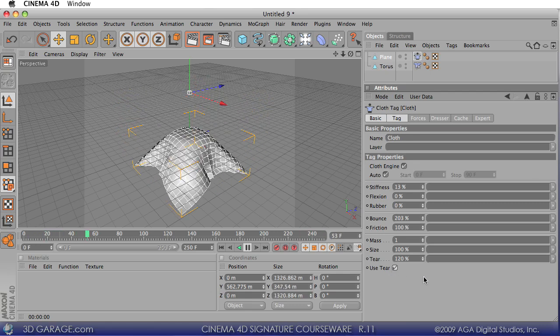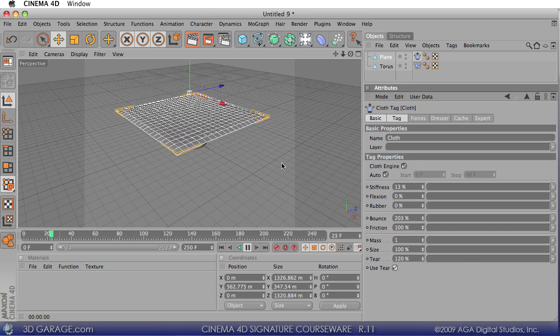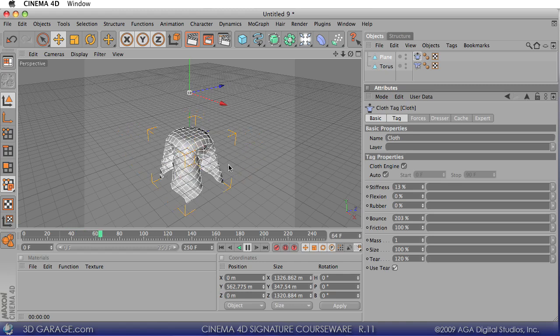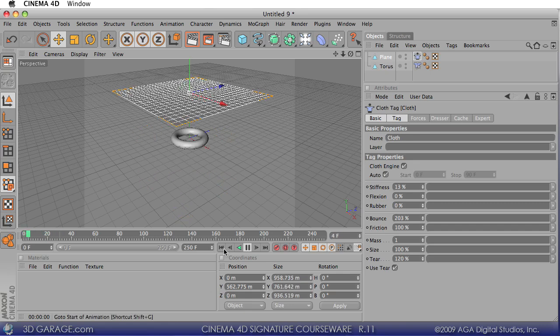And what if we use tear? See, it starts pulling on the sides there. Okay, now one thing you have to be careful of is that it's colliding within itself. And depending on how you've got things set up, you certainly don't want that happening. And you also need to be careful here too, that too much of these values, as you go back to the beginning,